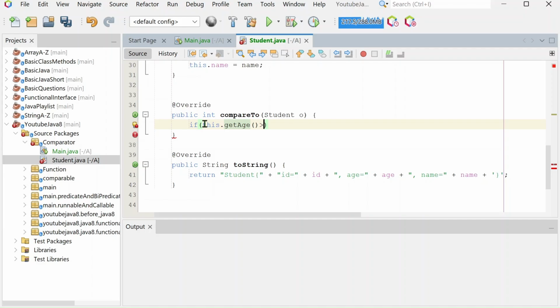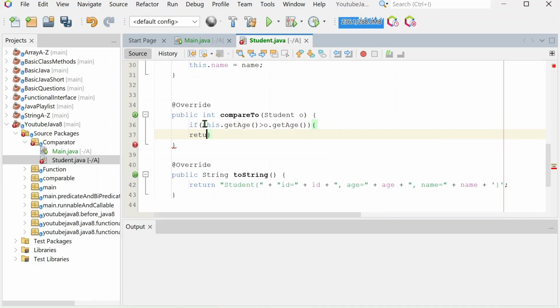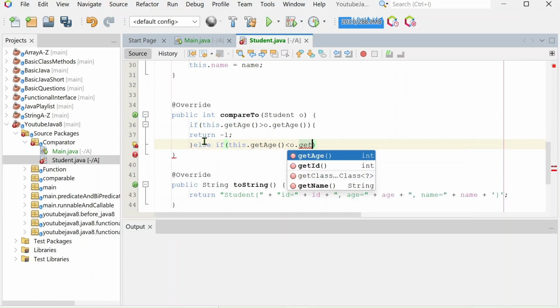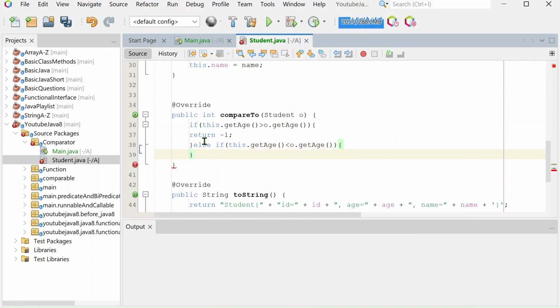If this.getAge is greater than o.getAge, here we return -1. If the current age is less than this, that is, the current object is greater than the other comparable object, we return -1. Else if this.getAge is less than o.getAge